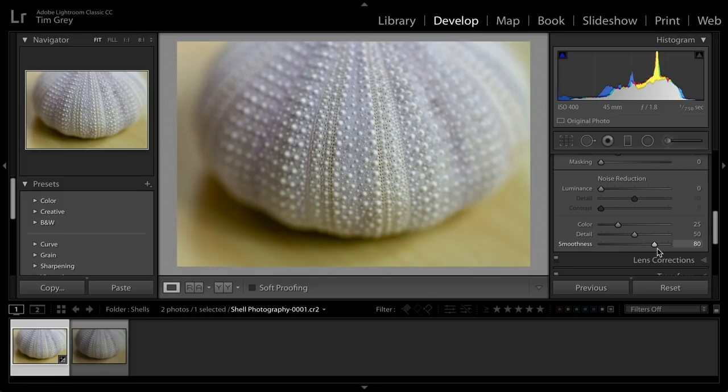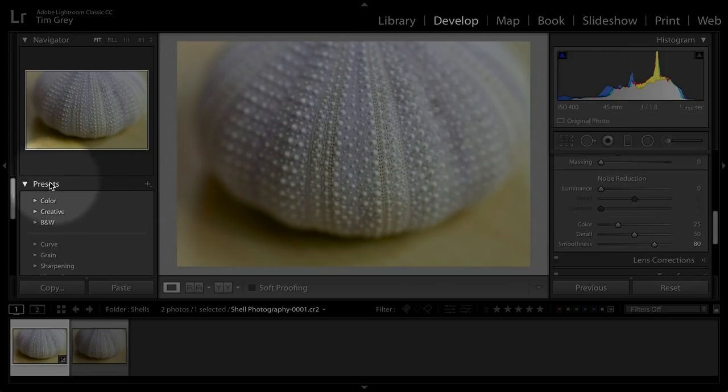So those are just a few examples of the types of things that I tend to apply as part of a preset for all of my photos during import. The point being is that I can pick and choose which sorts of adjustments. So here I've applied some adjustments to a sample image, and then within the Develop module, over on the left